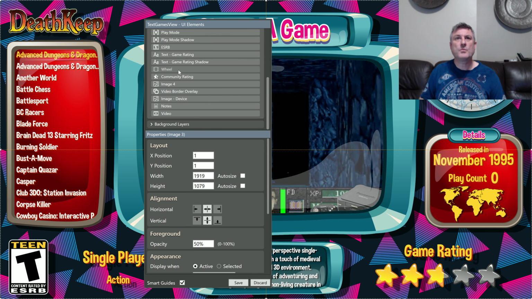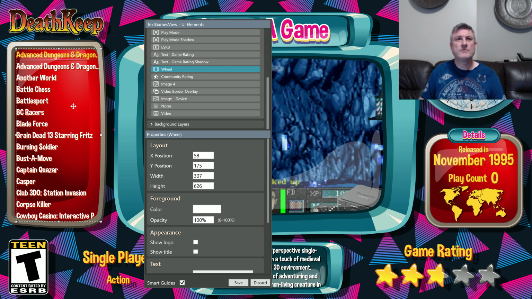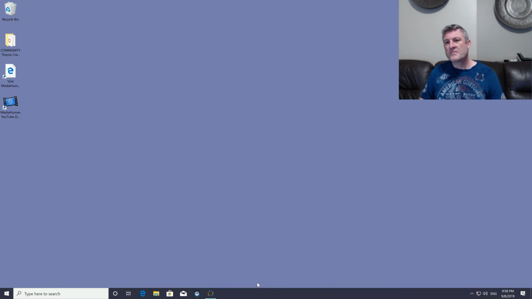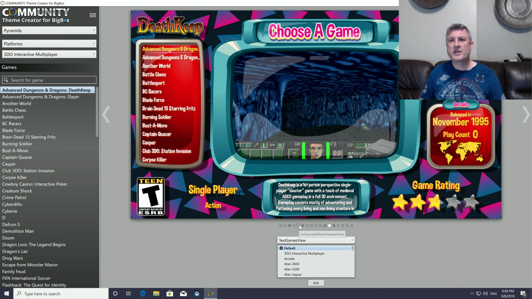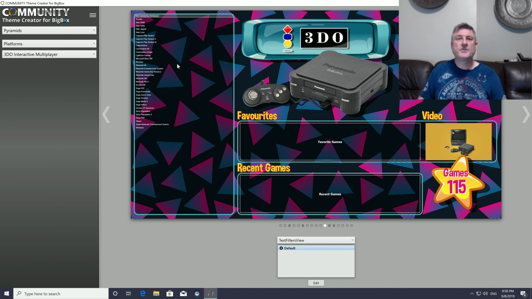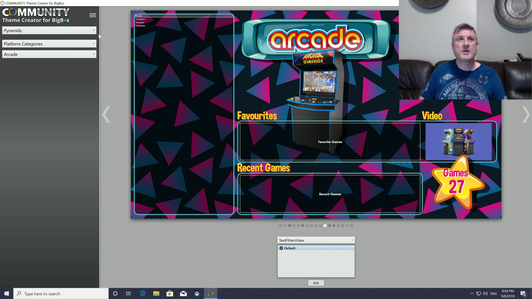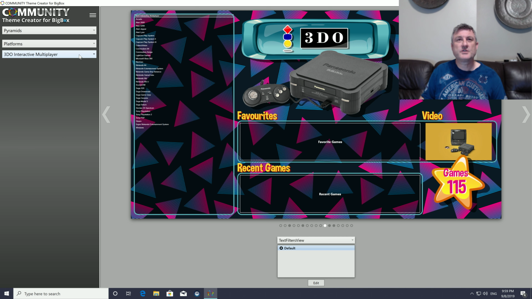All right, so I'm just going to locate wheel. Here it is. Copy, or I can right click on that. I'm going to discard because I don't need to make any changes on that. Hop over to text filters, and as you can see, it's already detected my code changes, and it's loaded all the platforms, at least that I have on this particular system, and listed in a list box here. I could also go to platform categories and it would display them here, but in this case I'll just show platforms,